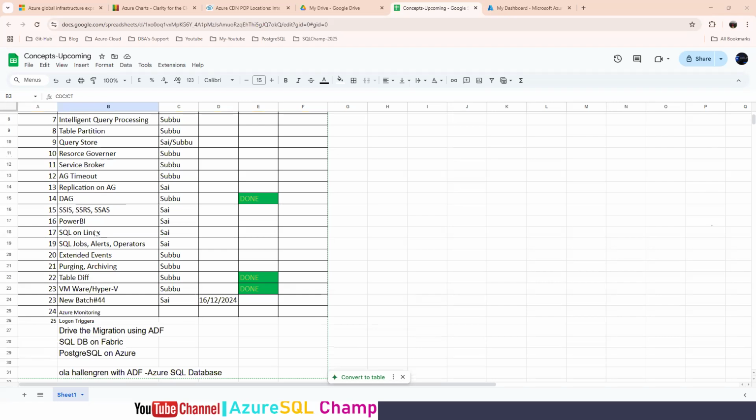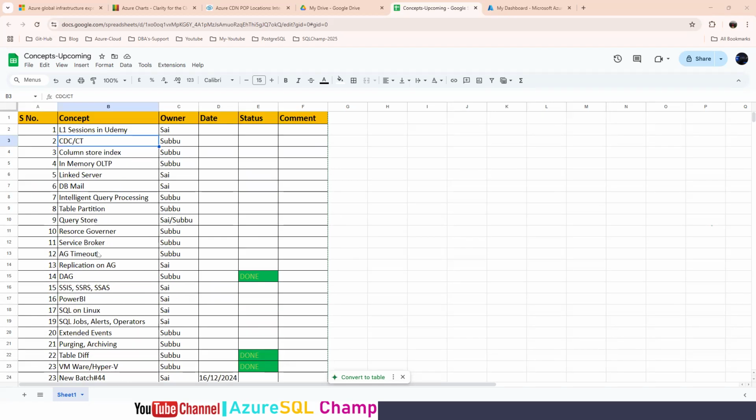All these concepts are very important, I can't say that these are not very important. No worries, these two we are going to bring in the live sessions only, and this also in the live sessions. We will update this sheet as well. This week we will complete the first concept, CDC and CT, change tracking. We are going to spend 2 days on CDC and CT, not this week, sorry, next week.